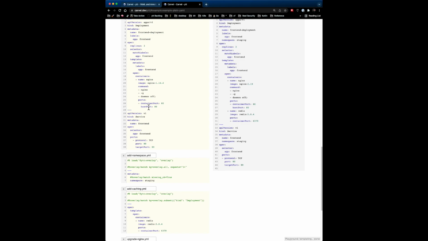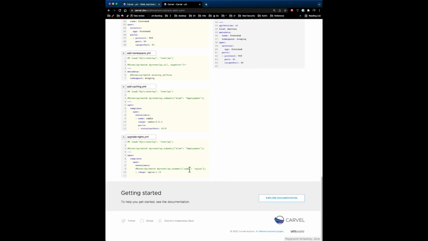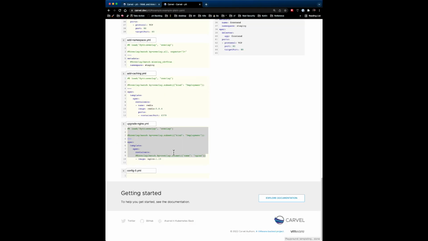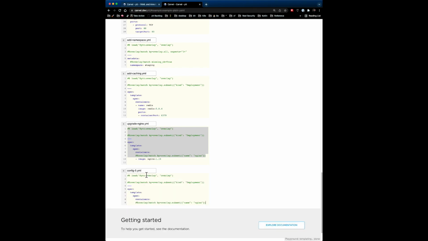So what we want to do is get rid of that map item, get rid of that host port. So to date, we've just been adding things, but now what we want to do is remove that. So here's what we're going to do. We're going to write an overlay that targets this map item and removes it. So let's go ahead and do that right now. So I'm going to grab this whole preamble. This will be